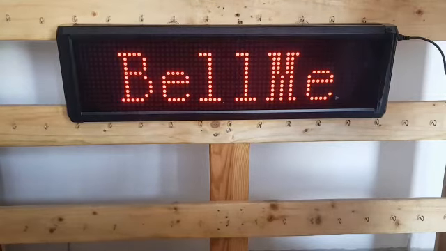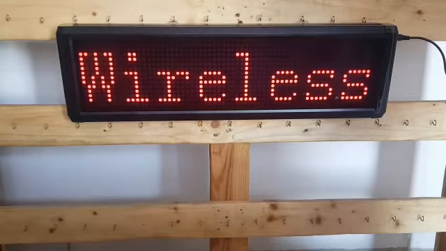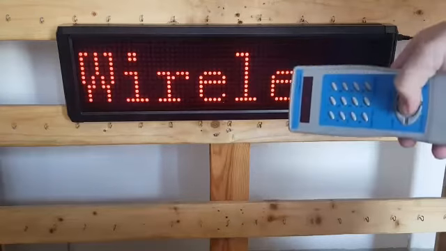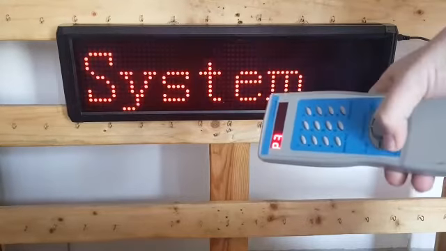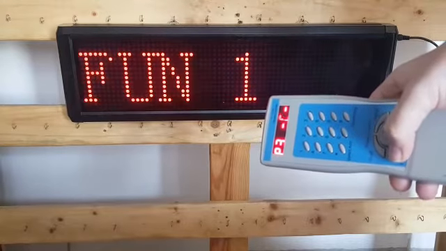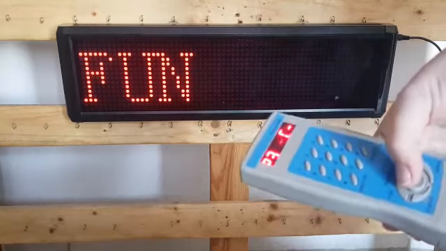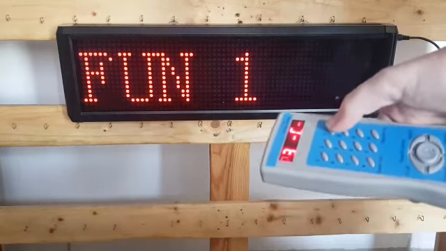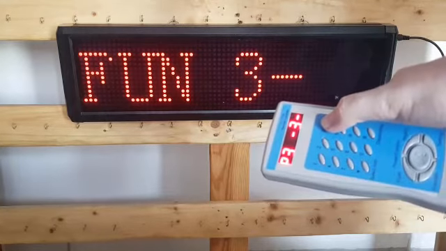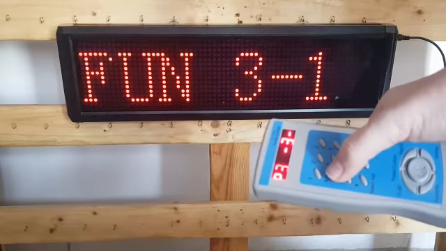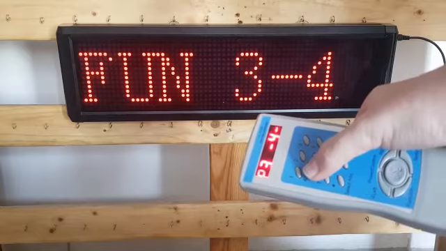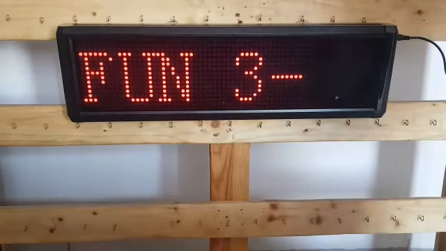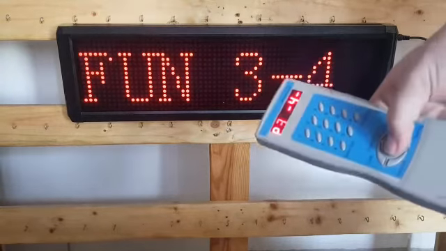Now, if you want to change that, you will use your remote. You'll press enter to switch it on. You will press the function, and when it shows fun 1, you change that 1 to a 3 by pressing 3 on the remote. When the second one is flashing, you change that to a 4 so that the screen will show fun 3-4. You press enter on your remote,